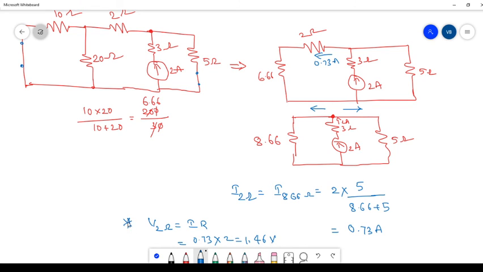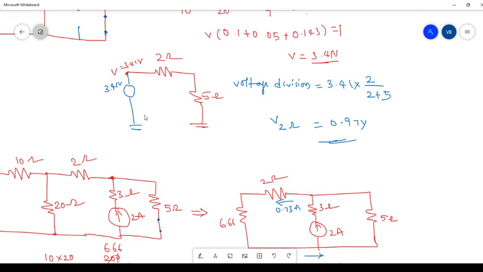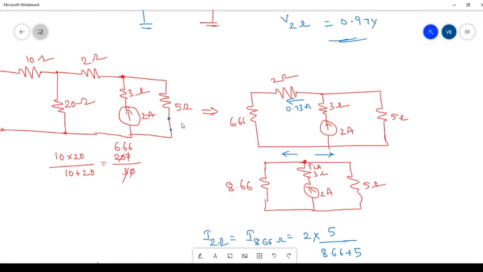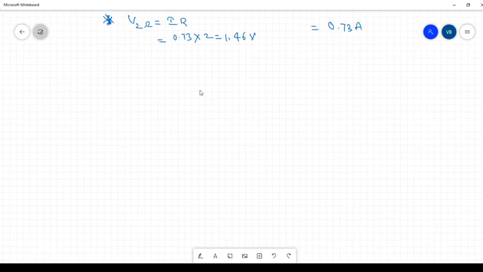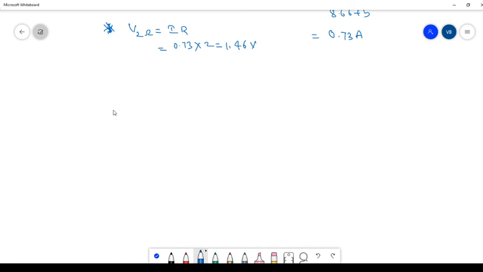Okay. So this is another value by the second source. So what is the first value you got? That is, while considering the 10 volts voltage source, you got voltage across 2 ohms as 0.97. So remaining is that we need to consider the third voltage source, which is very simple. Fastly I can explain. While considering the third voltage source, the remaining voltage source is shorted and the other source is opened.